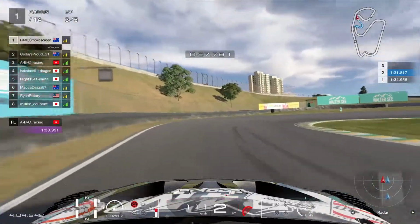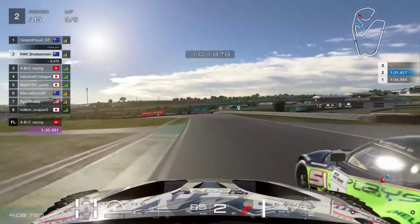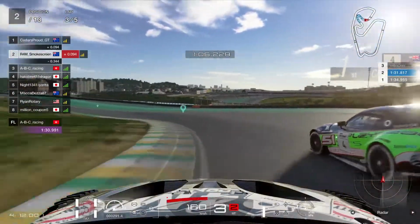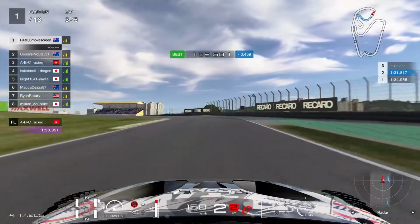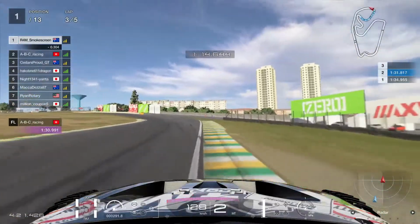He's going to go defensive into turn 10. I'm going to look around the outside here. Let's see, I think he gets bumped on the curb and I just received a little bit of a bump there. I wouldn't really call that his fault at all because I've still got overlap here. I'm on the inside of turn 11, which is an awkward spot to be if you're the car on the outside, and we dive up the inside at turn 12, and ABC Racing follows me through, albeit with a bit